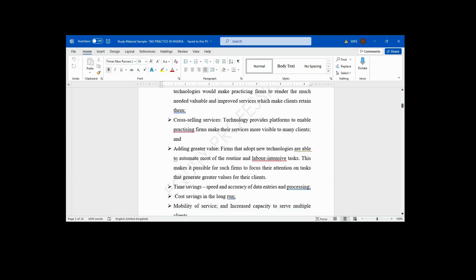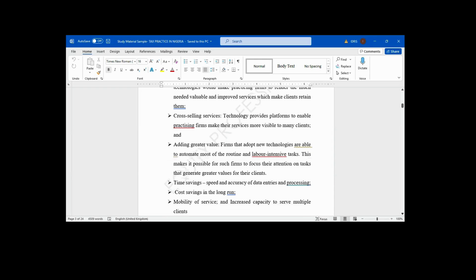Another benefit that IT will give to tax practice firms is time saving. It helps tax practice firms to save their time because of the data that they will generate using IT. Take for instance, the data that they will generate using software like Microsoft Excel, when you want to use it to compute capital allowance, it will save your time compared to using manual writing and a calculator. Excel, once you know how to use the formula, it's going to calculate everything without pressing a calculator.